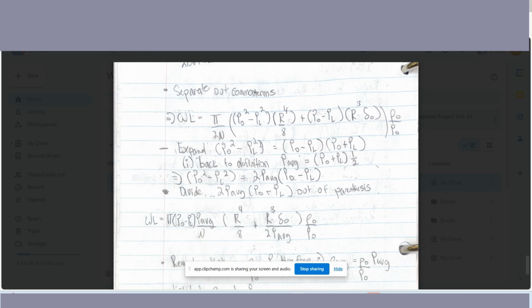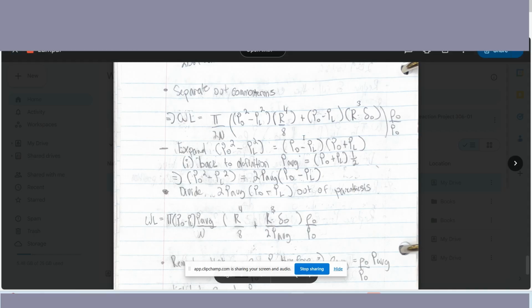And again, this is kind of just out of nowhere. Where does this algebra even come from? You basically just need to try random stuff until it works. If you're doing this problem for the first time and just getting started in the subject, it's kind of hard to know why am I even doing this? Once you start doing these problems a lot, you'll start to figure out by intuition what you need to do. But yeah, so P0 squared minus PL squared